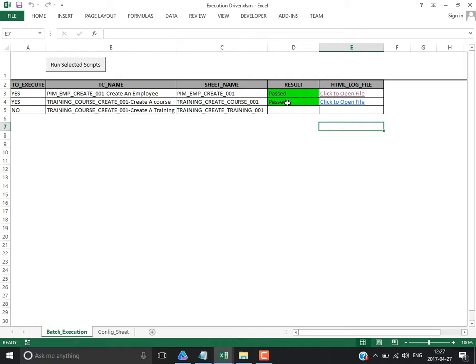What I want to do next, once the execution has been completed, is send an email. Automatically, the email has to be sent to the required people. Okay, so to the required people. Then how would you send the email using a VB script? Okay, using VB script. There are two things normally